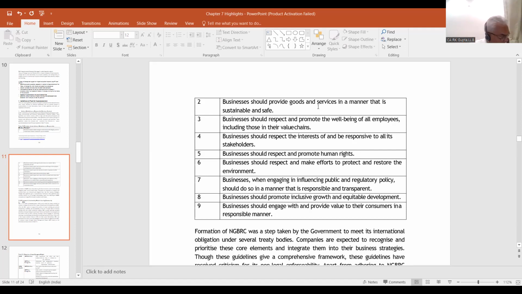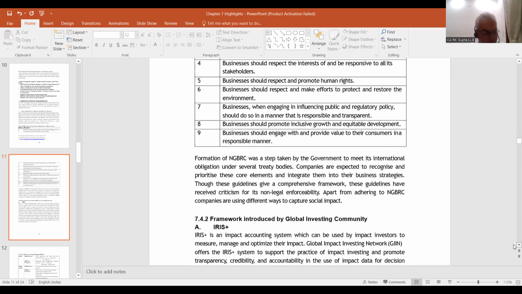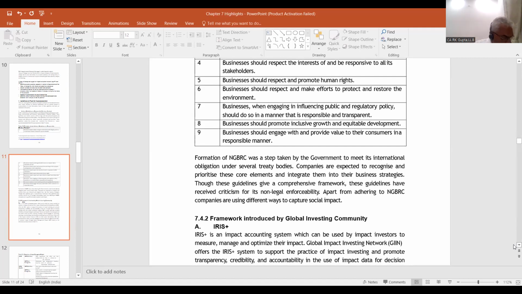तो ये सारी जो गाइडलाइंस हैं, ये इन्होंने गाइडलाइंस की है। इनको क्या कह रहे हैं हम? नेशनल वॉलंटरी गाइडलाइंस ऑन सोशल, एनवायरमेंटल एंड इकोनॉमिक रिस्पॉन्सिबिलिटीज ऑफ बिजनेसेस, NVGs। 2011 में इशू की, फिर 2015 में इनको अलाइन किया गया विद सस्टेनेबल डेवलपमेंट गोल्स। ठीक है, अच्छा, formation of NGBRC। ये NGBRC क्या है? NGBRC आपका